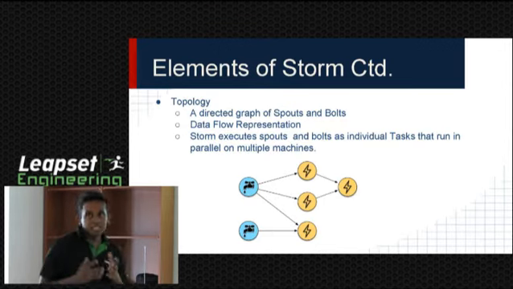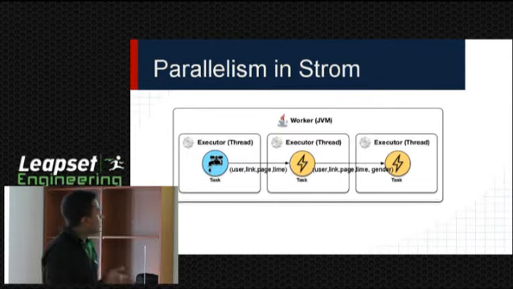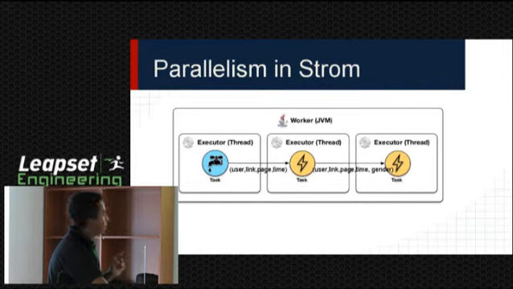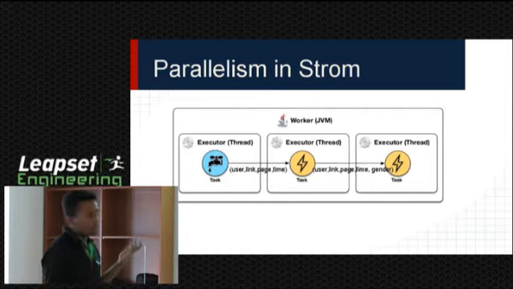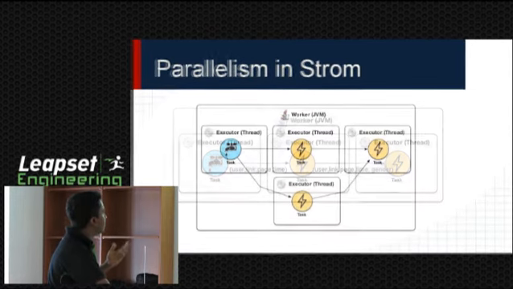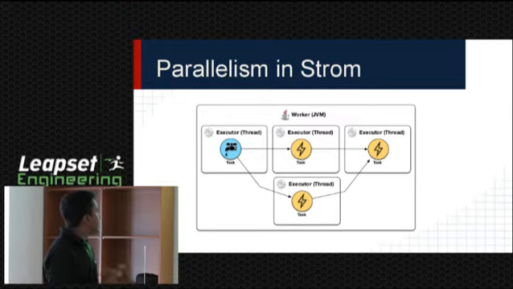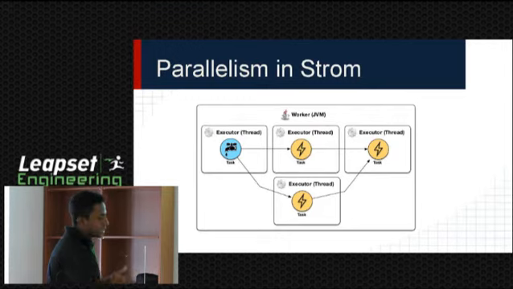Say our database is very large and it takes time to get the user's information. So the throughput of this entire flow will be limited by the performance of this one bolt. To address this problem with Storm, we can easily run multiple instances of this bolt. Some of the tuples will be processed by this bolt and the rest will be processed by this bolt. And we can easily run these separate bolts on separate nodes to gain more processing power.